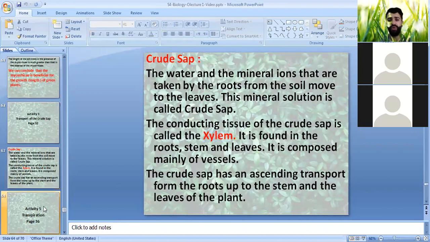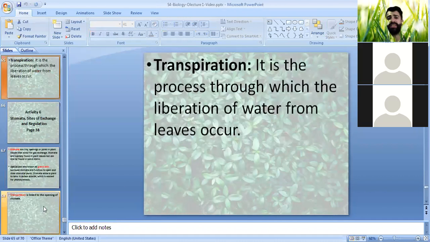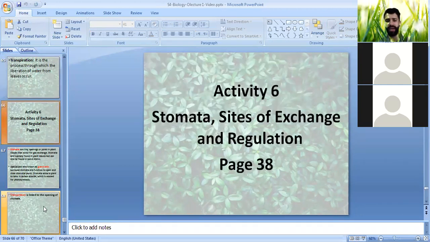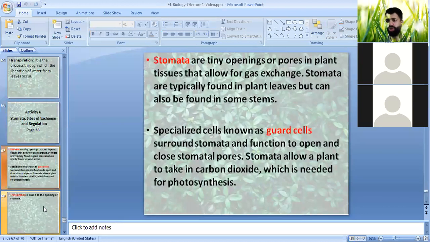Activity number 5, talking about transpiration. Already we said that transpiration is the process through which we have liberation of water vapor through specific parts of the plant, which are the leaves. Stomata, the site of exchange and circulation. What are stomata? Stomata are tiny openings or tiny pores in the plant tissue that allow for the exchange of gases. They are mainly found in the leaves,